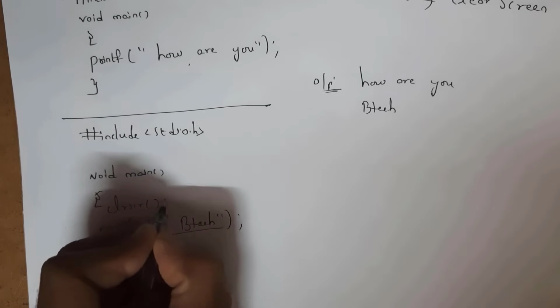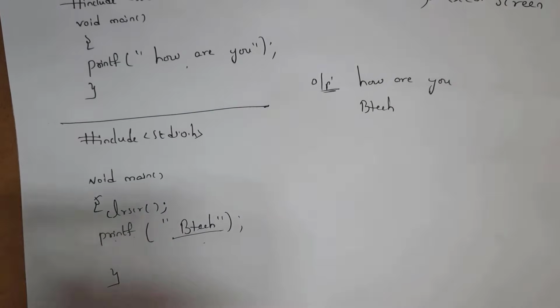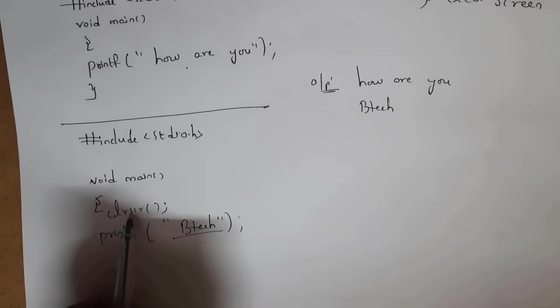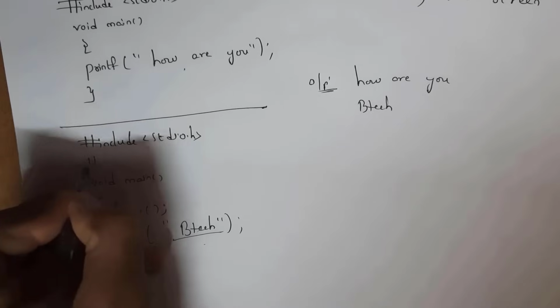Open bracket, close bracket. Definitely you need to give semicolon. Though you write like this, you will get error because whenever you write clr_scr, the meaning of this clr_scr is present in conio.h header file. So you need to write here hash include